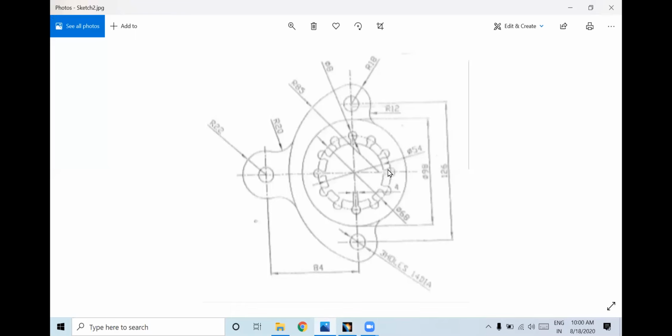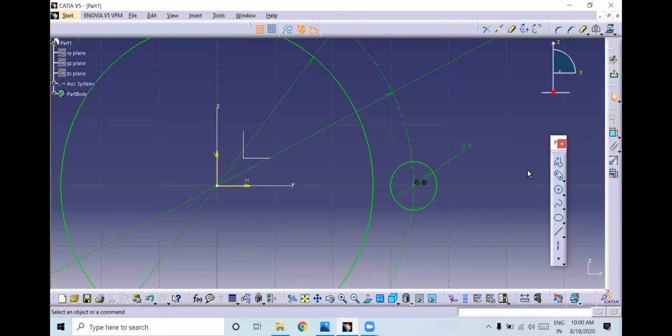Next, you need to give this width. What is the width? He has given 4, right? Observe carefully. You can use any method to create any profile, not only what I am showing you. As per your idea, as per your thinking, you can create it. I will just create the line, go to dimension and give the width.